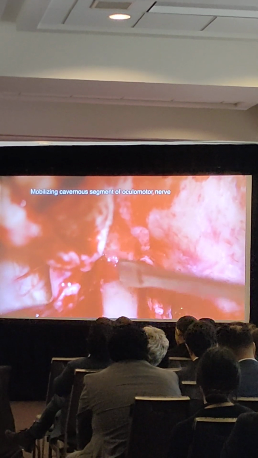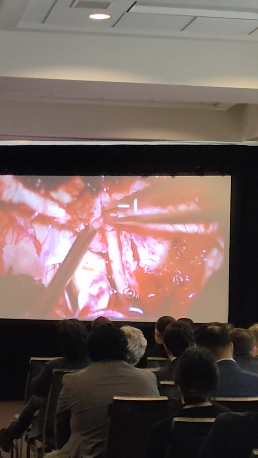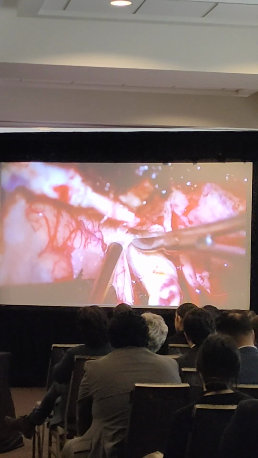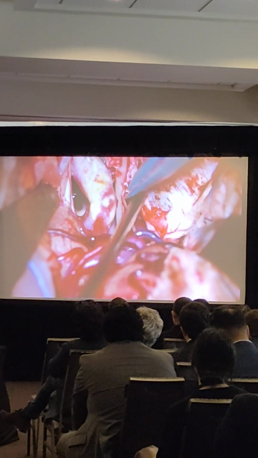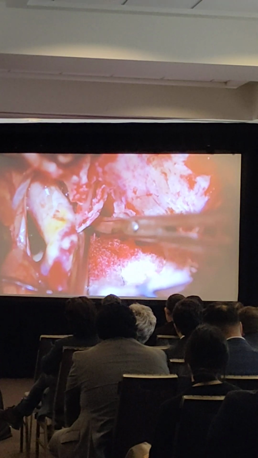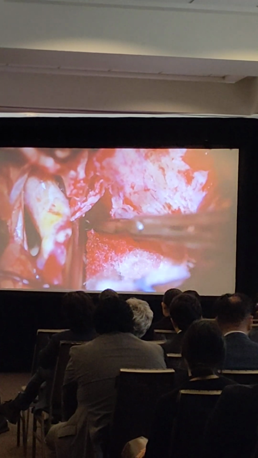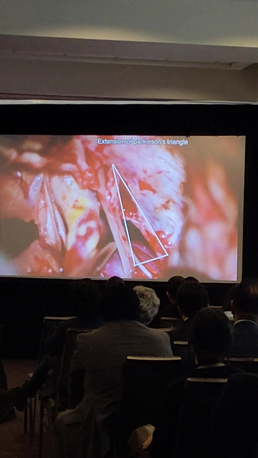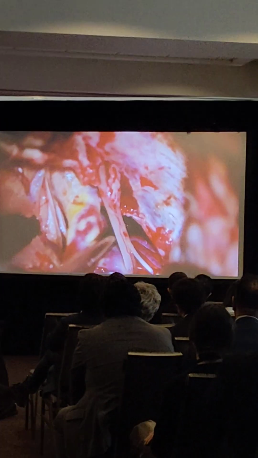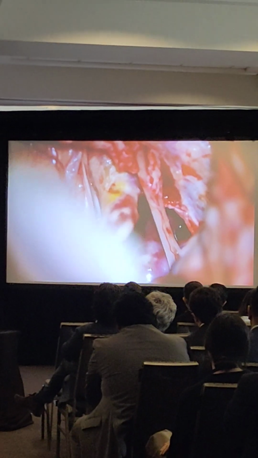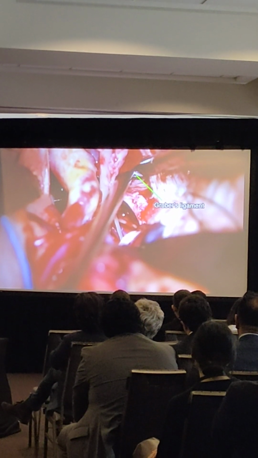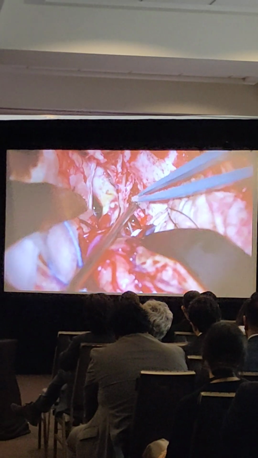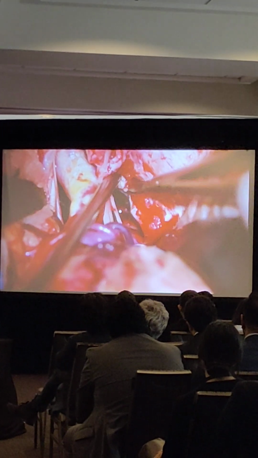And I made the oculomotor nerve mobilized. And this is the dissected trochlear nerve. Now the Parkinson triangle could be extended like this. And I'm confirming how I can place the basal trunk. In order to make the space to put the temporary clip on the basal trunk, I'm incising the Parkinson triangle